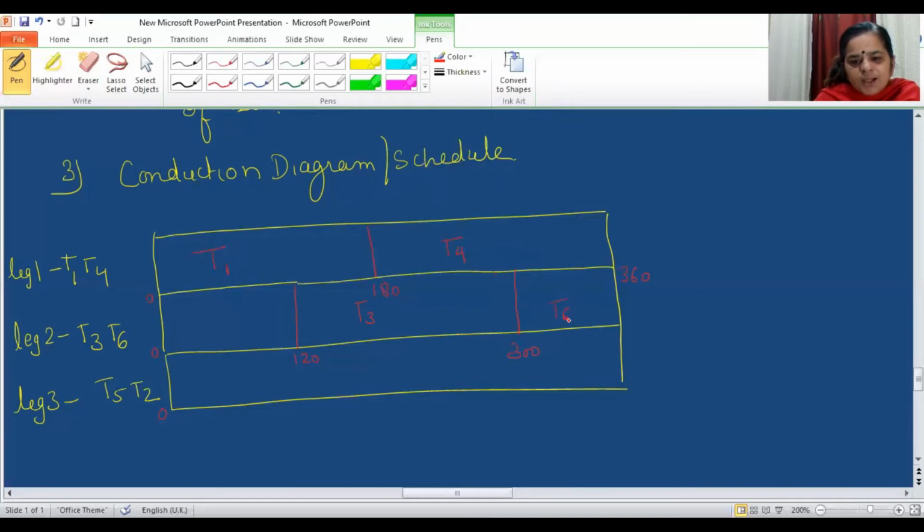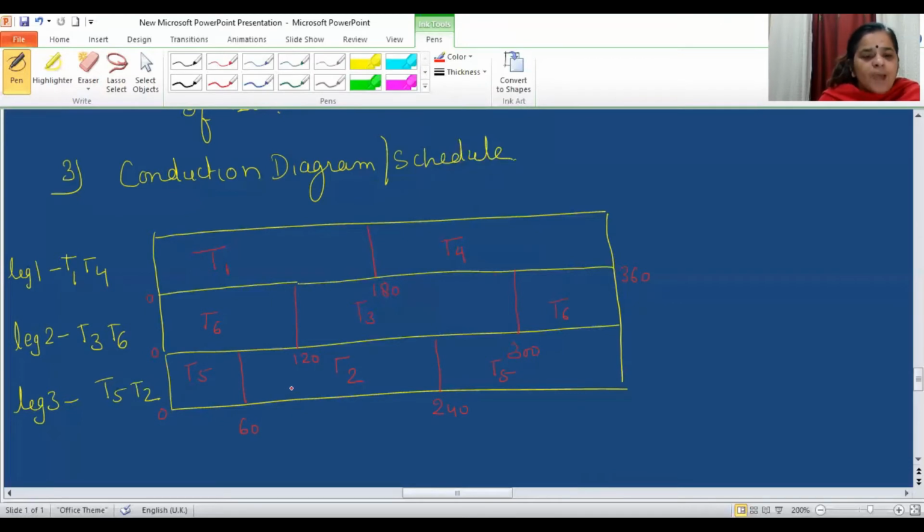T6 can start conducting at 300 and here also T6. Now similarly, the next SCR from the positive group, that is T5. So T5 starts conducting at a delay of 120. That means T5 starts conducting at 240 and it will be forward biased for a duration of the next 180. So 240, if I add 180, what am I going to get? That is 60. So up to 60, T5 will be forward biased, and from 60 to 240, T2 will be